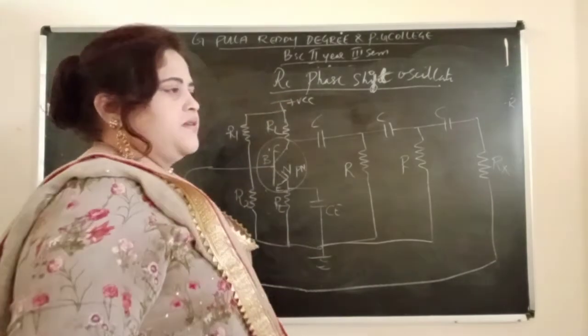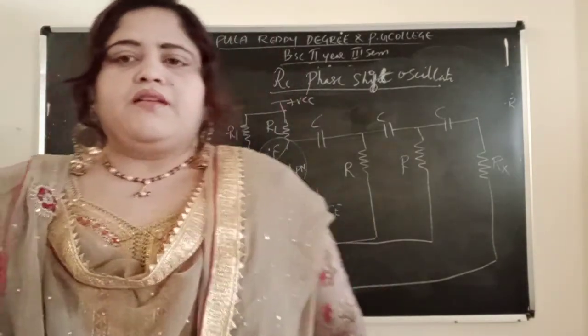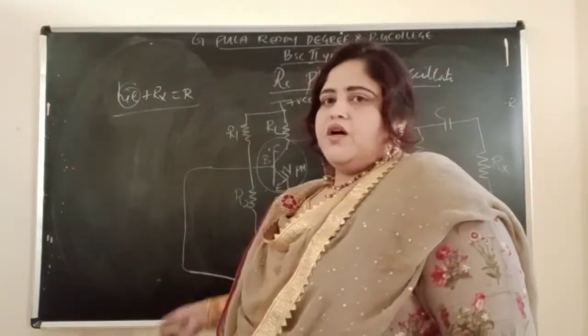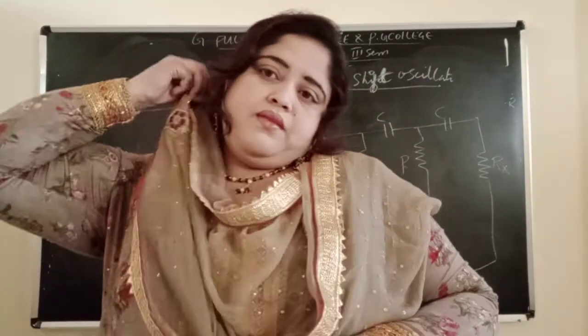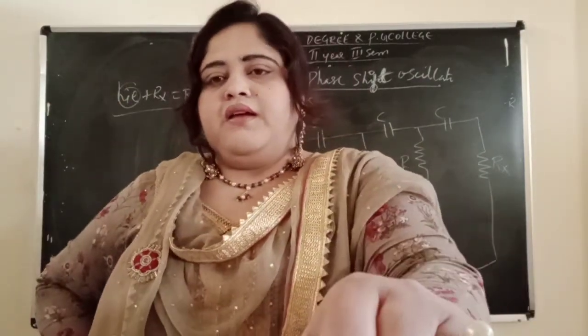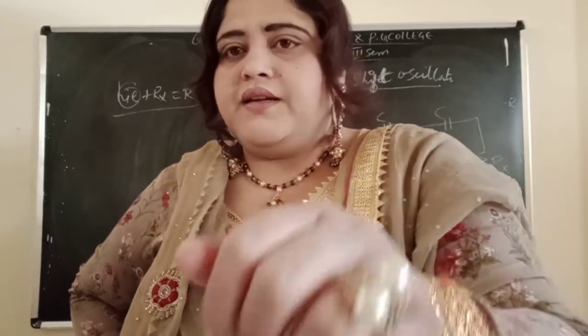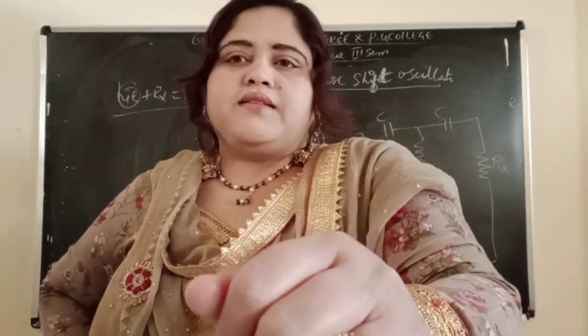the DC power supply. Now in the circuit, have you seen any input anywhere? No, because what is an oscillator? An oscillator is a device which generates output in the form of a sine wave without any AC input. Then we went for RC oscillators. RC oscillators are of two types, phase shift and Wien bridge. Today we are going to study the RC phase shift oscillator. When the feedback network uses an RC network, it is known as an RC phase shift oscillator.